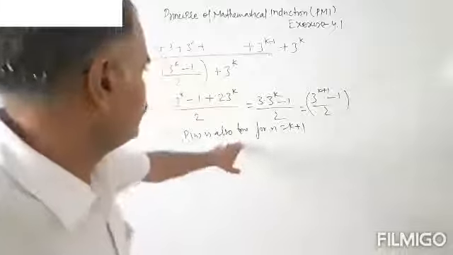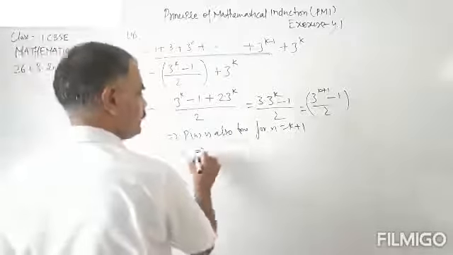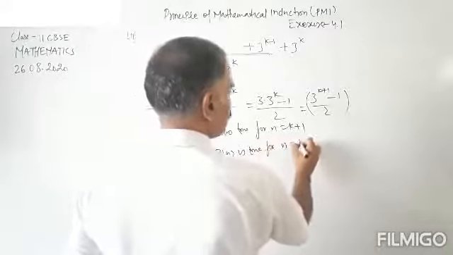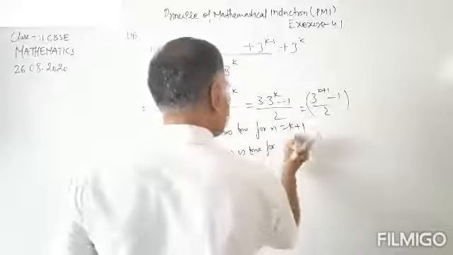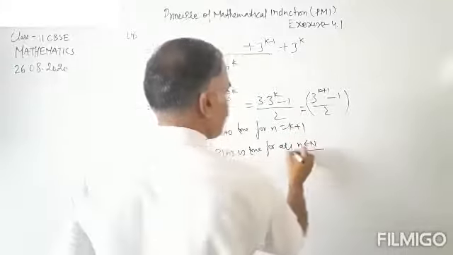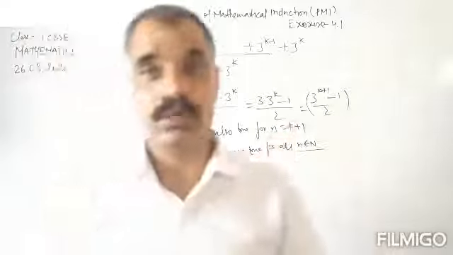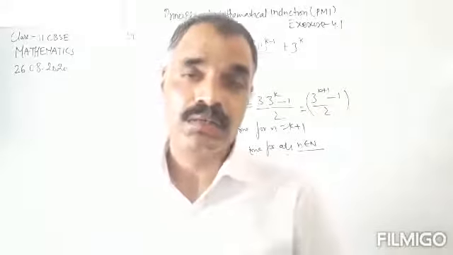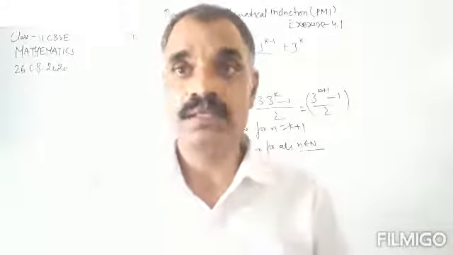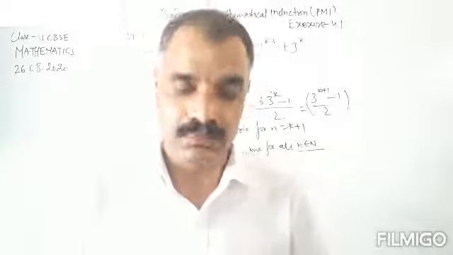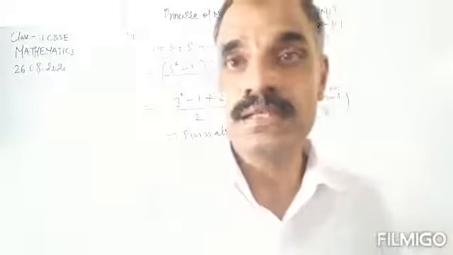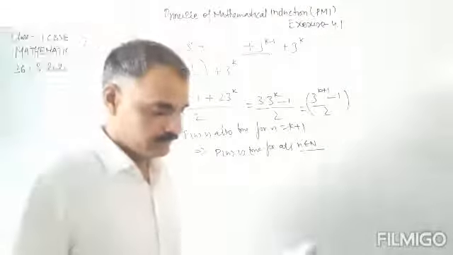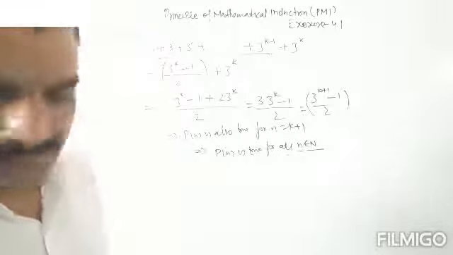Okay, the given statement is also true for n equals 1. It means Pn is true for all n belonging to N, where N means the set of natural numbers. So this was the algorithm, the process to prove the given statements using mathematical induction. This was question number 1, the first question of the exercise. Now we will take the next question, question number 2 of the exercise.